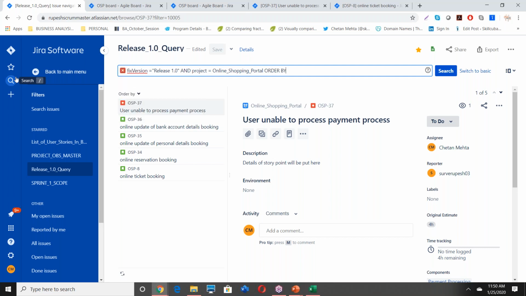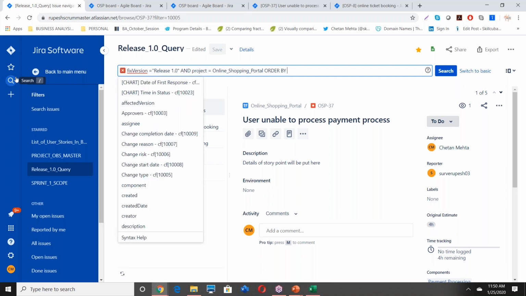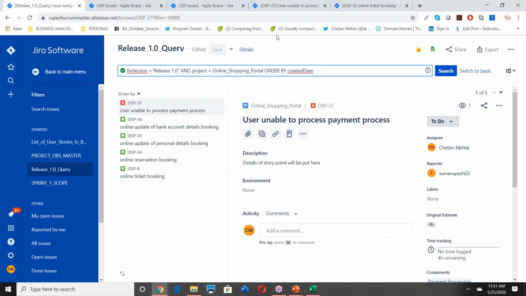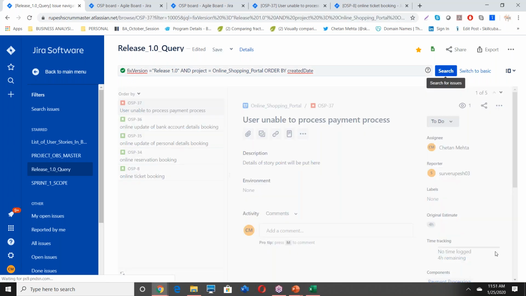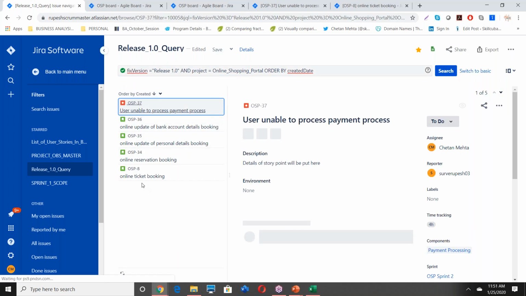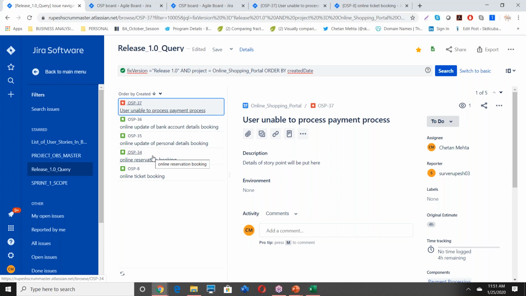And let's say order by. I want to order it in a particular way. For example, create date, the day it was created. I want to order by that and run it. You got these many issues.